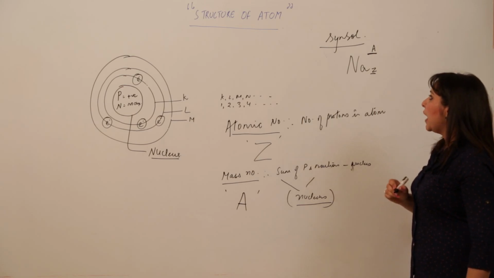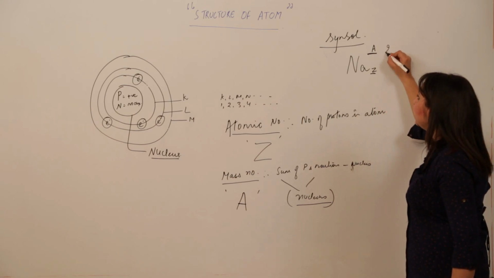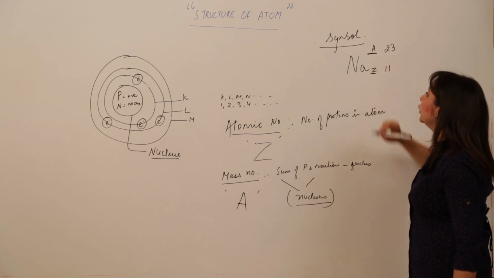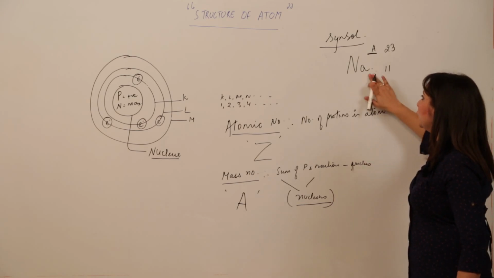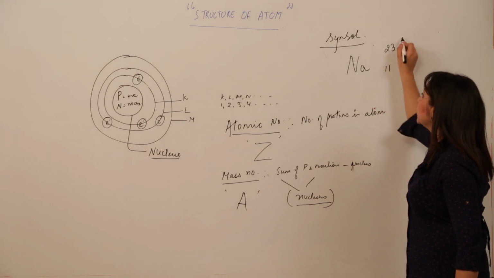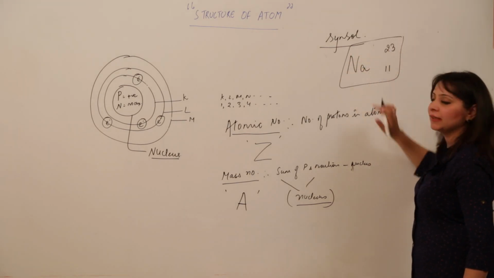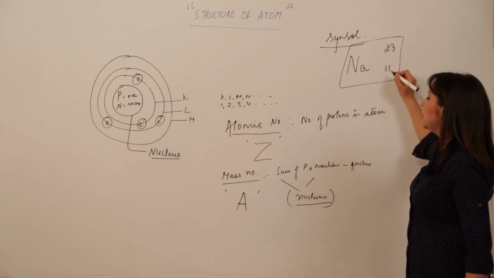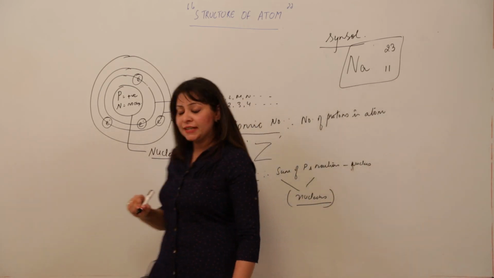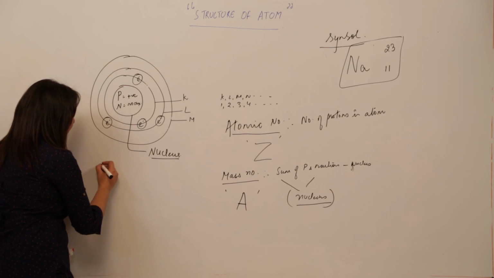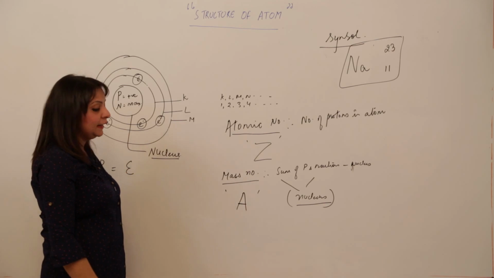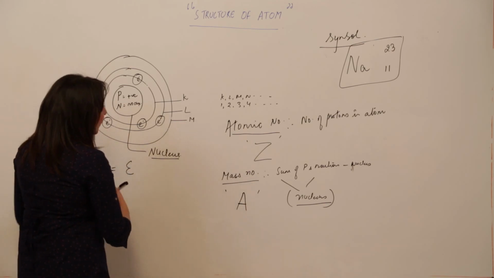As we know that the mass number of sodium is 23, it is represented as 23, and the atomic number is 11. So this is how sodium is represented. See, I am removing this A and Z because now you already know what A and Z specify. So we can write sodium as Na, 23 and 11. Superscript is mass number, subscript is atomic number. As I have already told you, the atom is electrically neutral. That means the number of protons is equal to the number of electrons. This we will explain with an example.